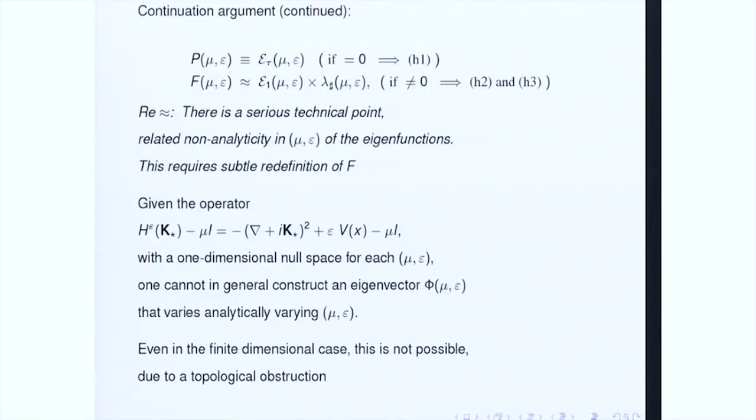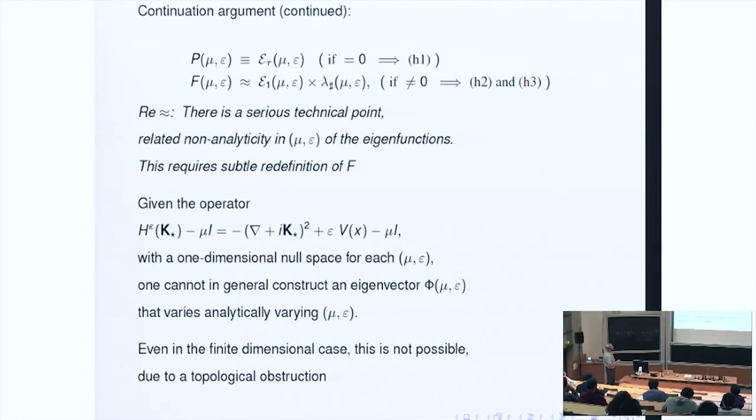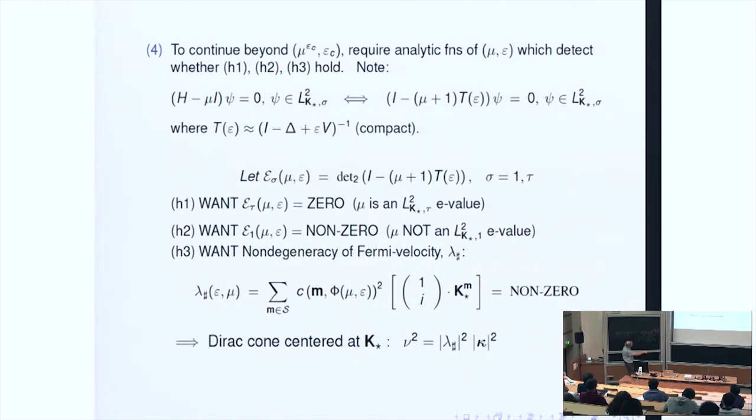And so I'll just conclude with a comment on an interesting technical aspect. We have to look for zeros of this function, and then we want each of these factors to be non-zero, so we look at their product. And we'd like to use a kind of complex analysis continuation lemma. But there's a serious technical point involved. The Fermi velocity is a function of the Fourier coefficients. It's essentially a function of an infinite vector.